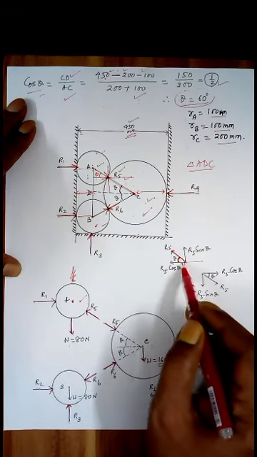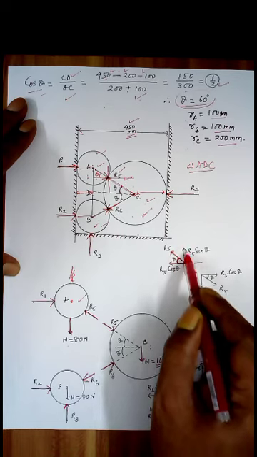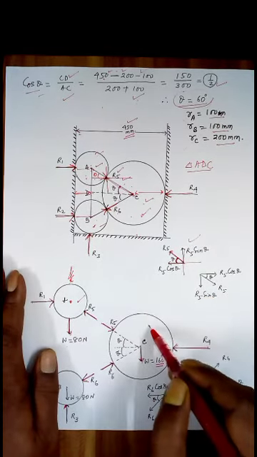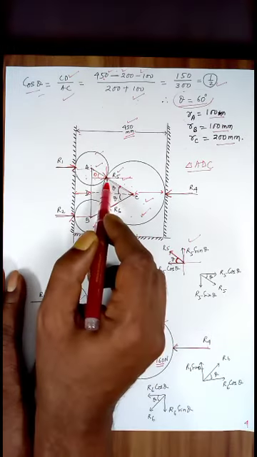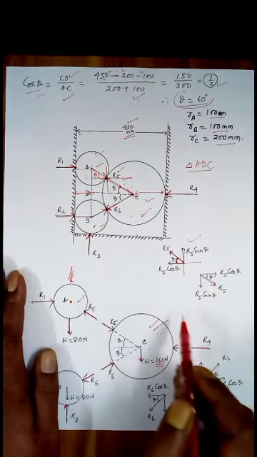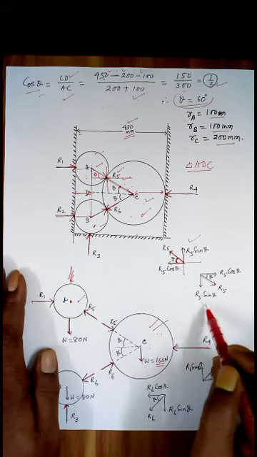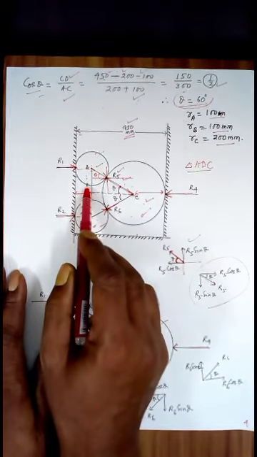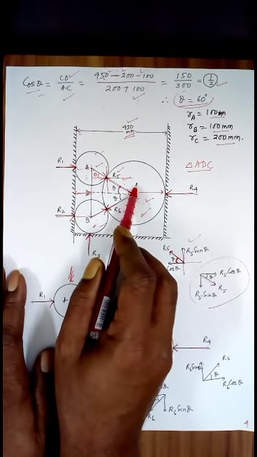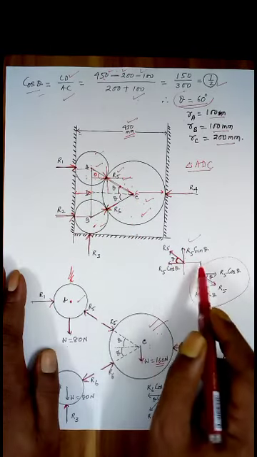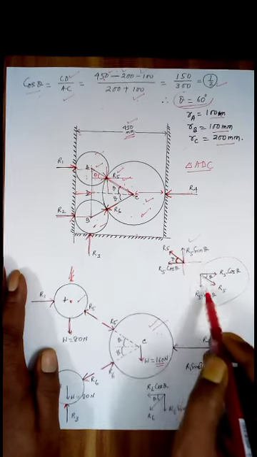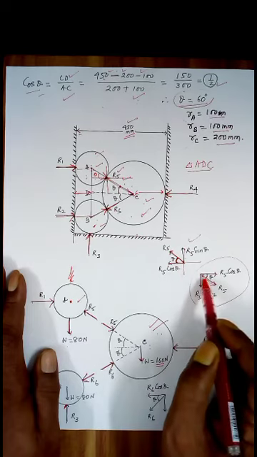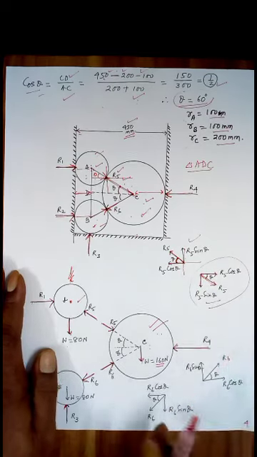So this is your R5, this is theta, so this is R5 cos theta, this is R5 sin theta. Now R5 is also acting on this, but to this side, so no need to actually think about this. The moment you find R5 for this one, for the other one it will be just opposite to that. Means reverse this R5. So if this is your R5, this is opposite to this. So this is R5 cos theta, this is R5 sin theta.